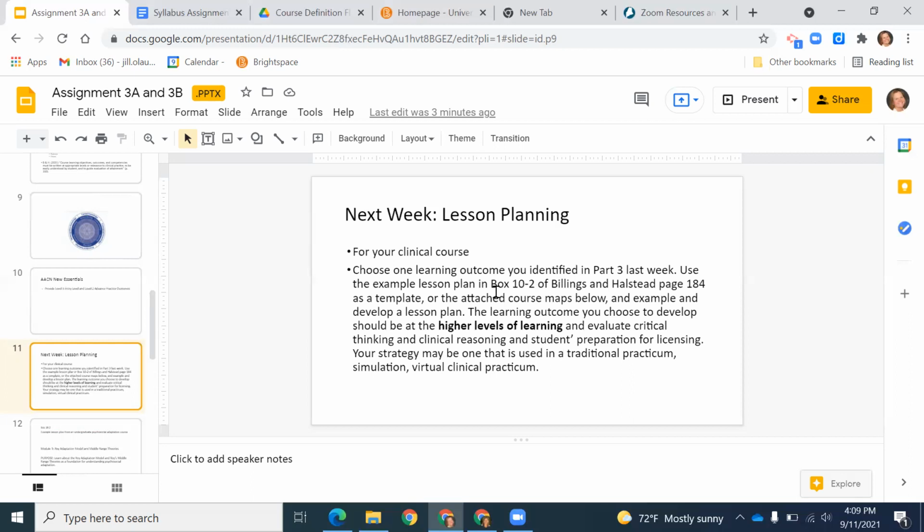And then Billings and Halstead has a really great lesson plan template, and that is in box 10-2 on page 184. You will be going through that and developing 1 module. So you will have an outcome, and you'll say, how am I going to get students to meet this